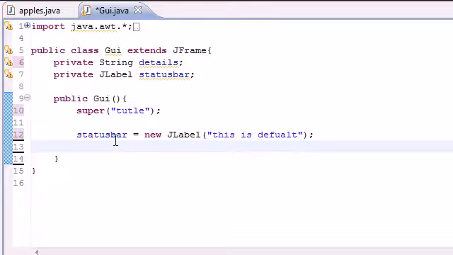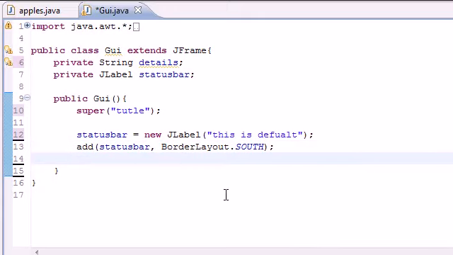But now let's go ahead and add this to the window. We'll put add status bar, and of course go ahead and put BorderLayout.SOUTH. And now, there we go. It'll appear at the bottom of the screen if you put south. We'll be going over that later. And now we need to add, of course, the mouse listener. Just like that, add mouse listener. And the parameter it takes here is an object of the class we're going to build. And we're going to be building a new